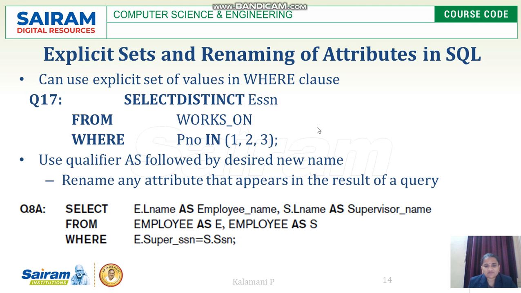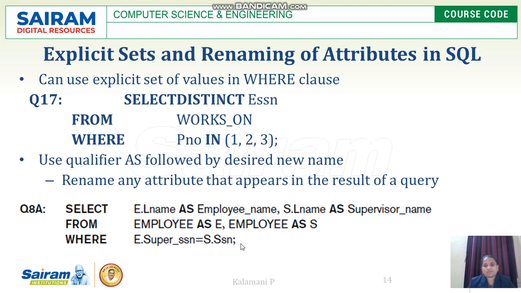Use a qualifier as follows, followed by a new name. Suppose, for example, I have already given L name as the employee's last name. Suppose I want to change it to employee name, then I can use the AS keyword followed by the already defined attribute name. So: select E.L name as employee name, S.L name as supervisor name from employee as E, employee as S where E.super SSN